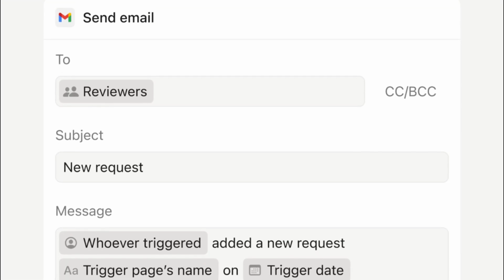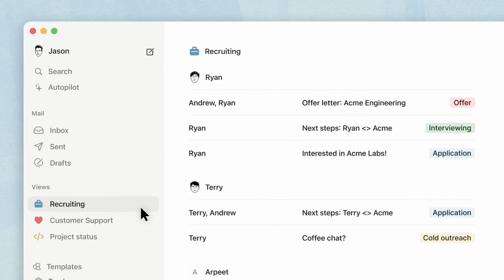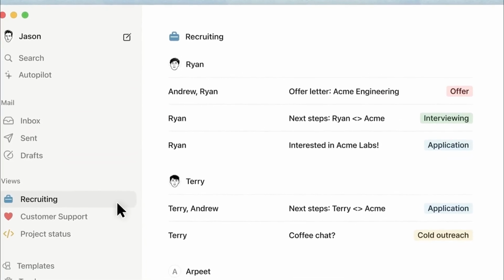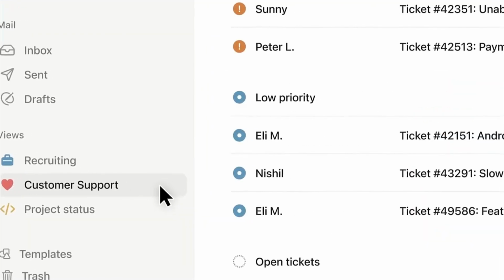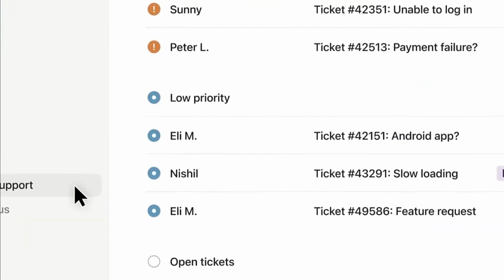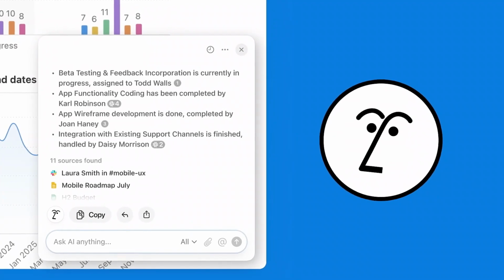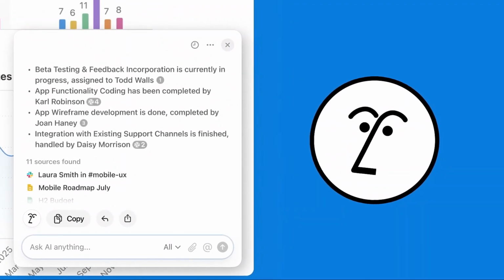Everything Notion launched at Make with Notion. First, Notion Mail. Email hasn't evolved much over the years, and Notion Mail reimagines the inbox to match your workflows. Instead of an endless cluttered inbox, you can create custom views that organize messages by topics like recruiting, project updates, and customer support. It is also powered by AI to handle the repetitive stuff, helping you stay focused on what